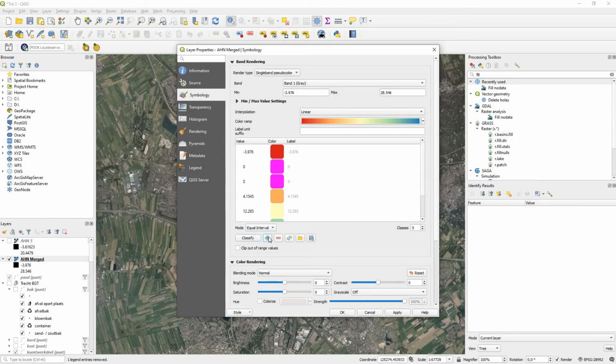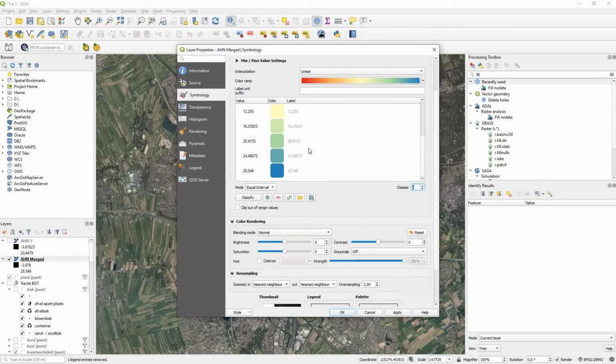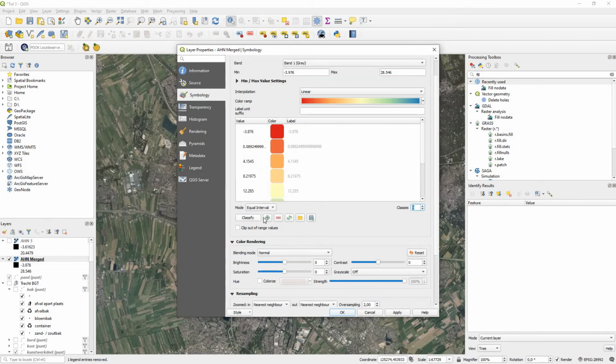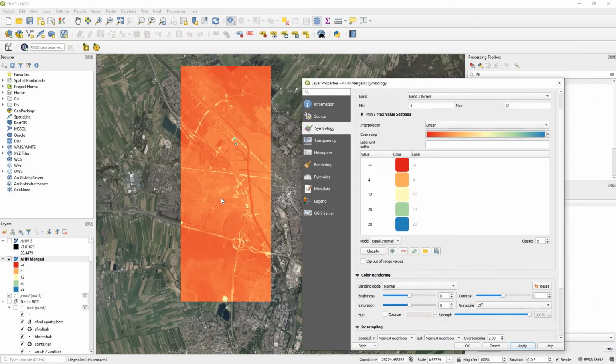And with the plus and minus, you can give it more classes. I mean, with classes, you just make it a bigger interval. But I'm just going to do 5. Classify, and I just want nice numbers, so I'm going to put here 28 and here -4. And classify again, and it gives me nice round numbers. If I hit apply, you see that it changed the color,